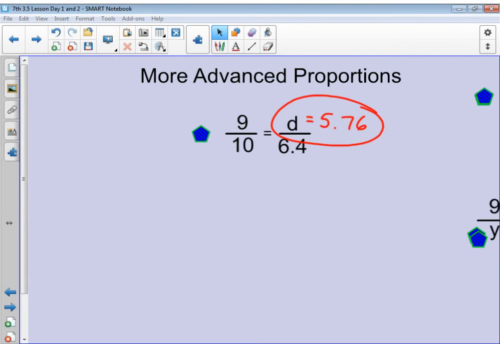So that's working with some proportions where they're slightly more advanced. They're not perfect whole numbers. And using that cross multiply divide or cross multiply solve as you get older and start working with